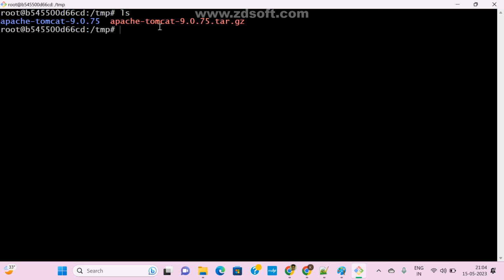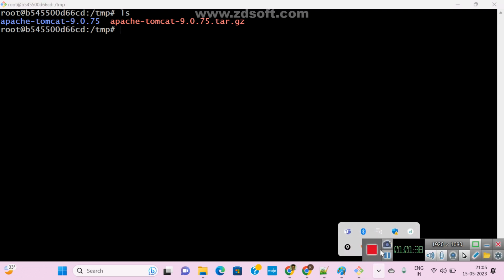That is the reason earlier I downloaded the tar file, but I was not in this path, so we were unable to extract it. Now once I download this tar file, I give WORKDIR tmp, go to that default path. Now I go to this temp directory, I give tar -xvzf and the tar name, so automatically it will extract it. Clear? So that's it from my side. If you have any doubt, we can